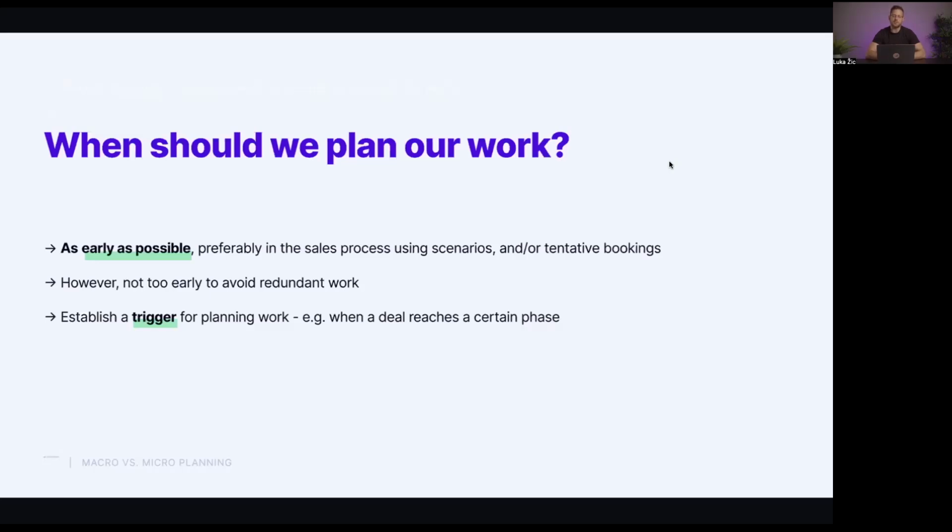However, you also want to avoid planning the work too early, right? Let's say that you're an agency that has, I don't know, 50 or 100 new deals landing each month. Of those 100, if you have 10 of them actually making it to production, if you spend time booking 95 of them, you've actually spent a lot of time that's not particularly productive, pun intended. So generally, you want to establish a trigger for planning work, like at which point of maturity in a deal do we want to go in and say, okay, at this point in time, we want to either create a scenario and as a later step, book it using tentative booking.